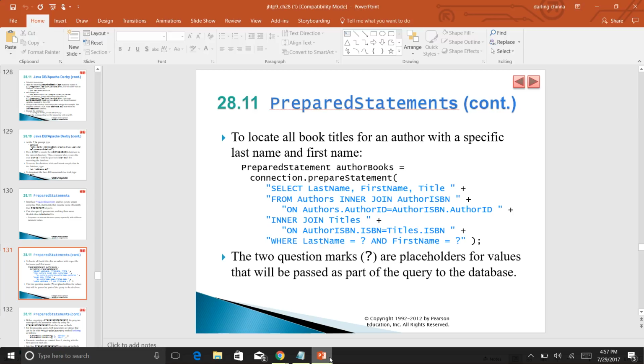It locates all books with the title of an author which specifies the last name and the first name, with SELECT LastName, FirstName, Title FROM Authors INNER JOIN AuthorISBN ON Authors.AuthorID = AuthorISBN.AuthorID ON Authors.ISBN equal to